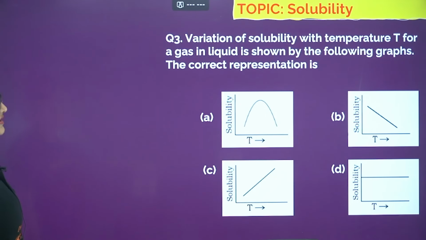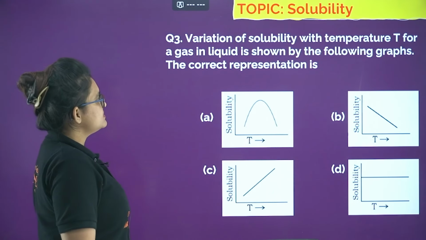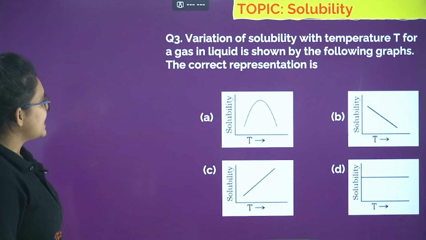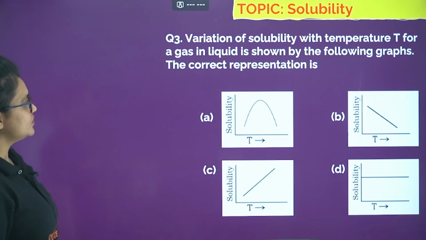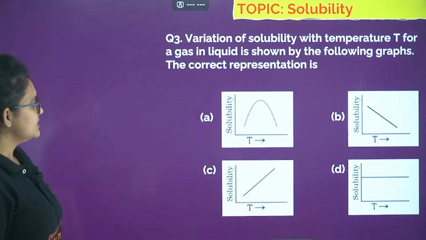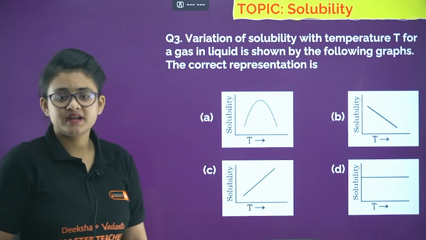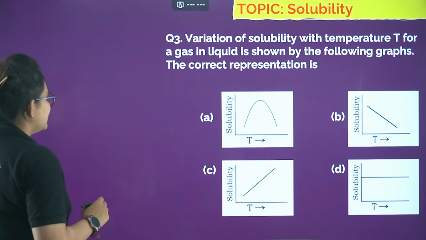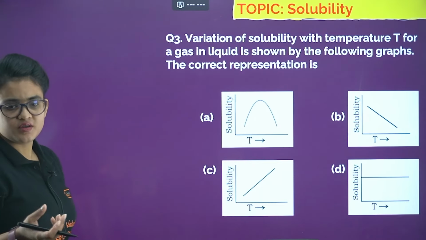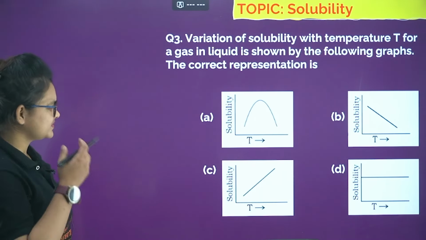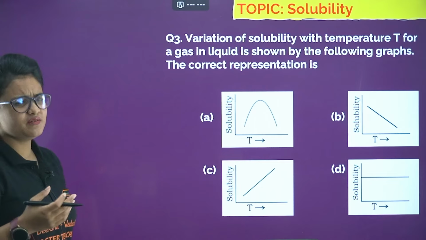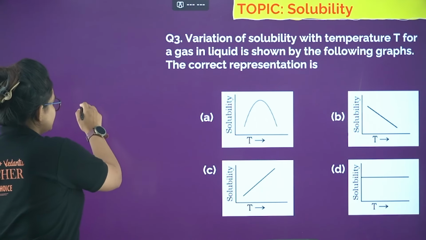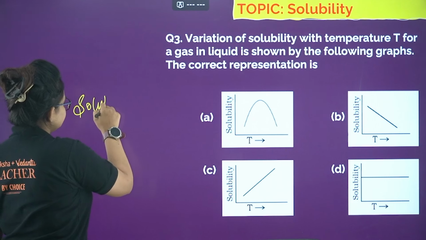Here you can see, variation of solubility with temperature T for a gas in liquid is shown by the following graphs. So what is the correct graph, correct representation, that you have to find out. Okay, so first what is Henry's law? If you just find out normally, or directly if you don't go to Henry's law, indirectly also you can see, like solubility of gas